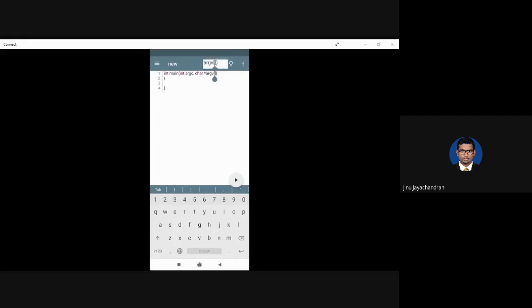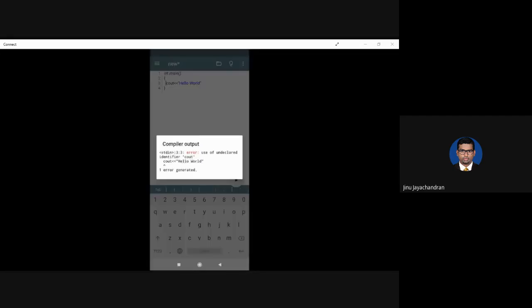You don't want to put things like arguments for the main function. You can just say bracket, and you can just here say cout, Hello, good. And you run this.